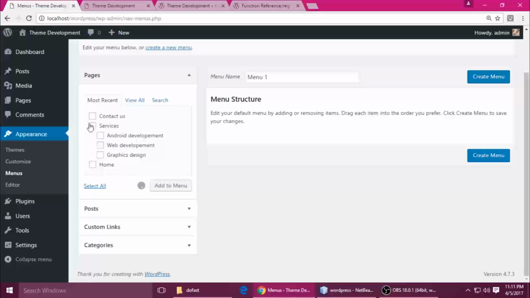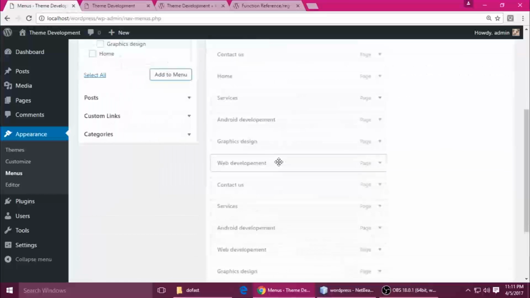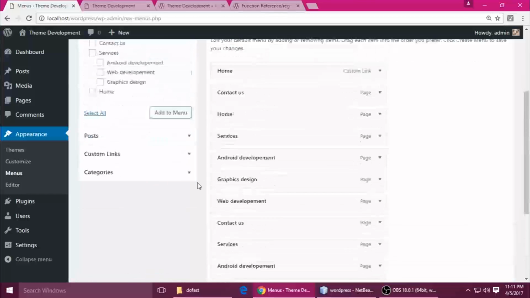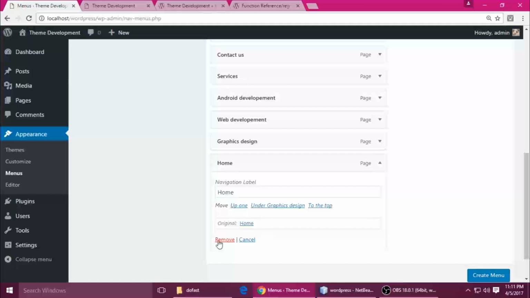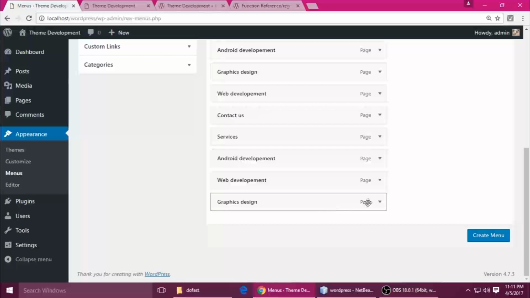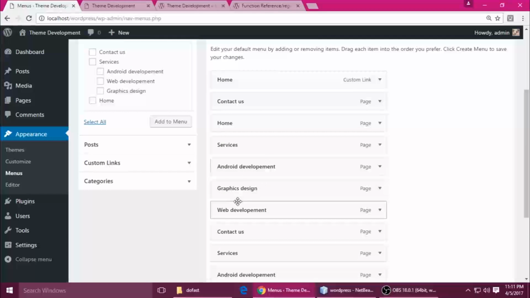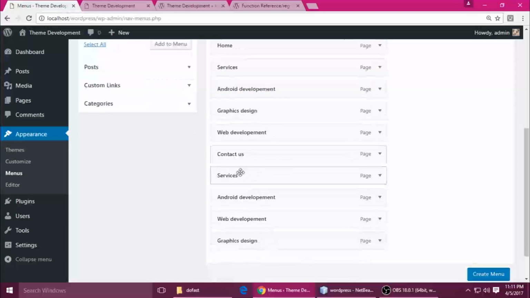And you just add all the pages here. Add to menu. There are lots of pages here, so actually just remove some. We will edit later, but this is the services.